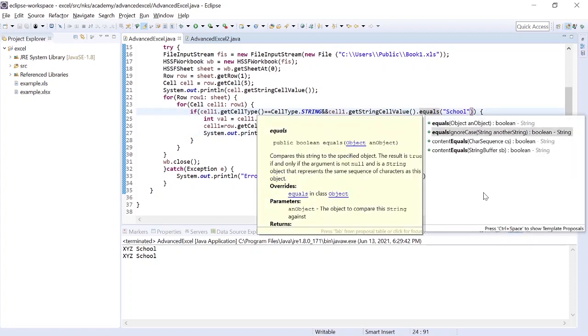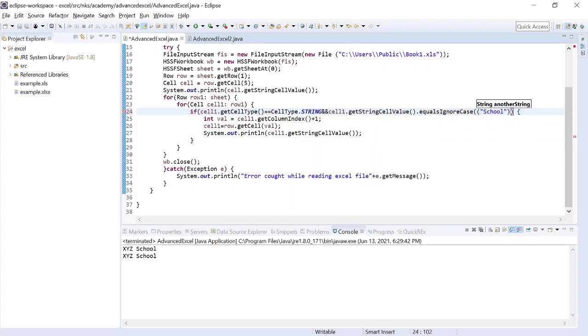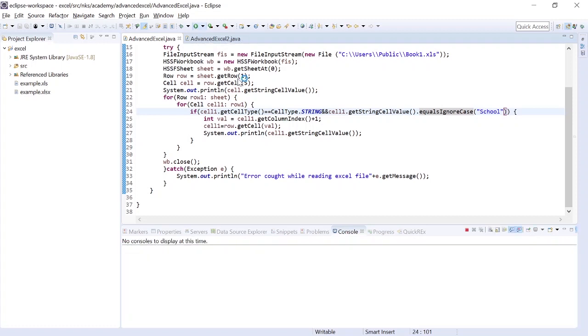Okay, that will do our work. Okay, now let's run this. Since it is equals ignore case, it will match in whatever casing school is present there. Okay, so this was about capturing one value which is present anywhere in the file.